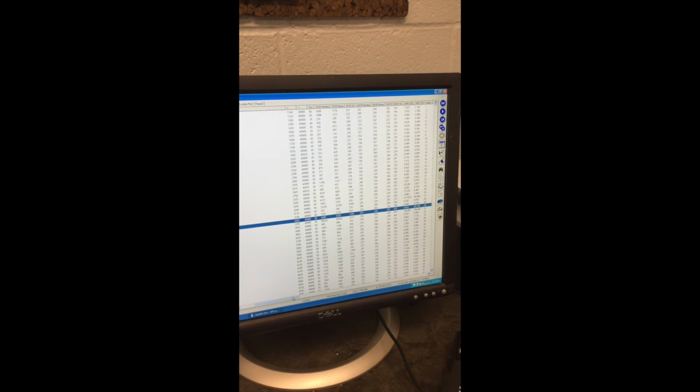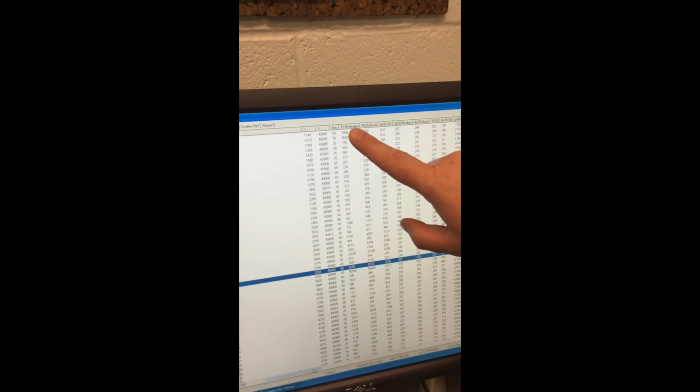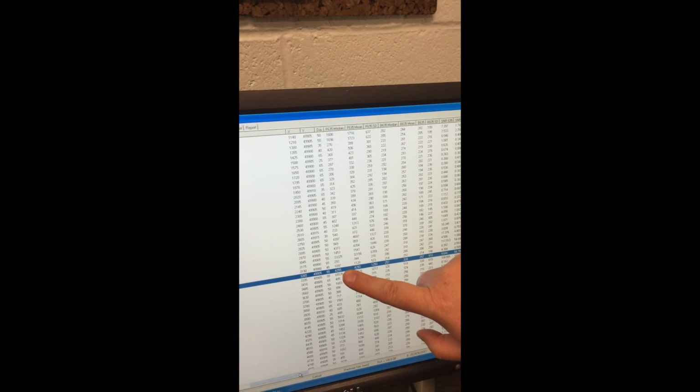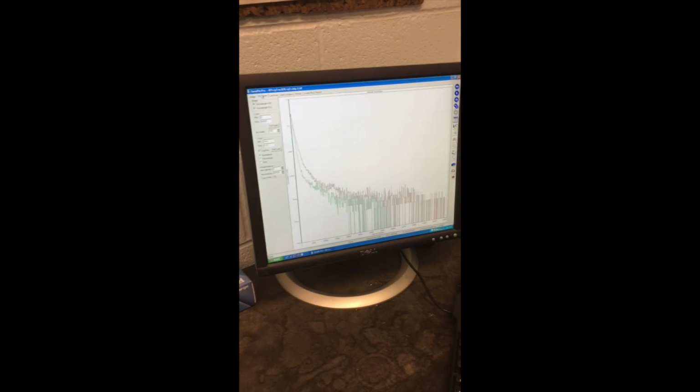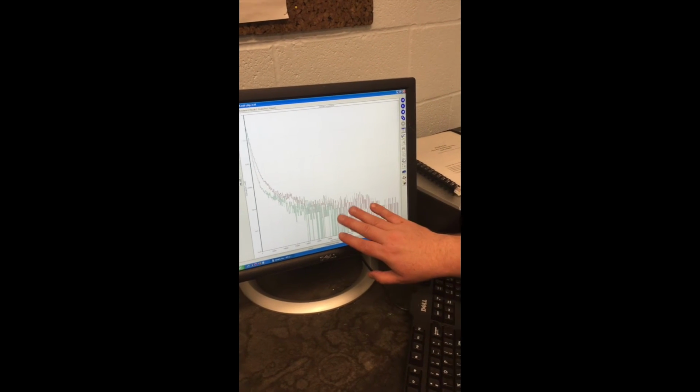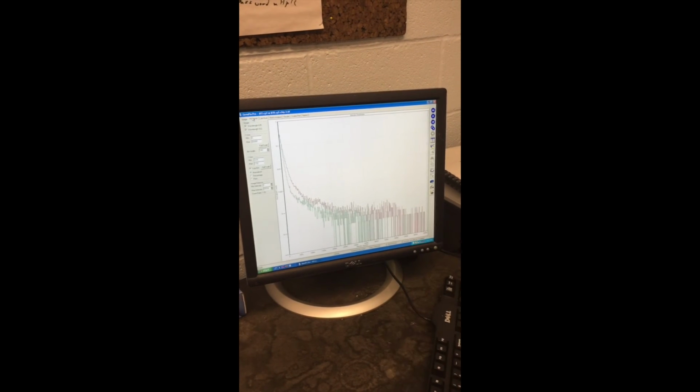It keeps track of all the different intensities. It tells you the signal value of 635, because that's the dye that was read at. It gives you the signal for 5 information. It tells you whether it's flagged or not. And then it all can be uploaded into a statistical program. Here's the scatter, the histogram showing that the two images are nearly a 1-to-1 ratio